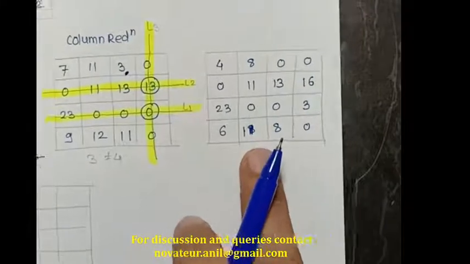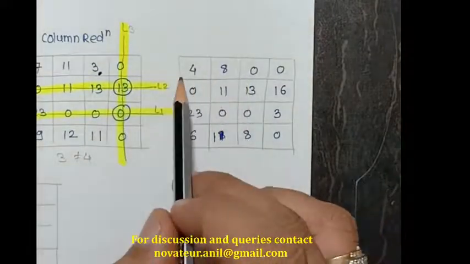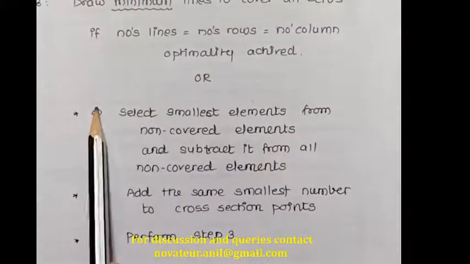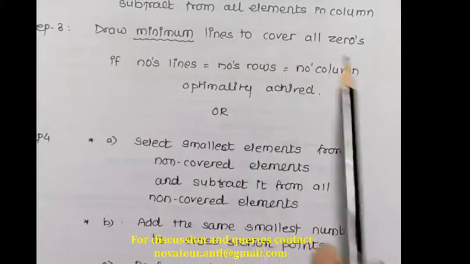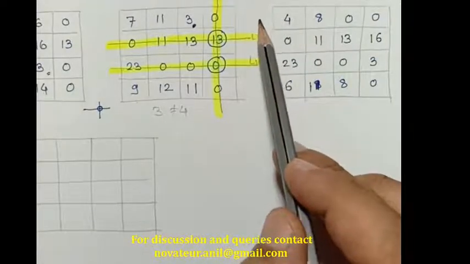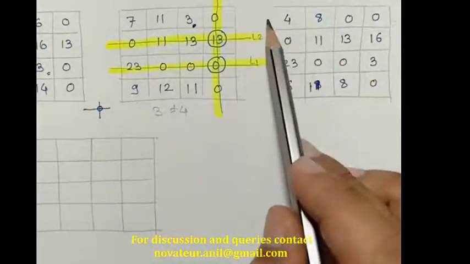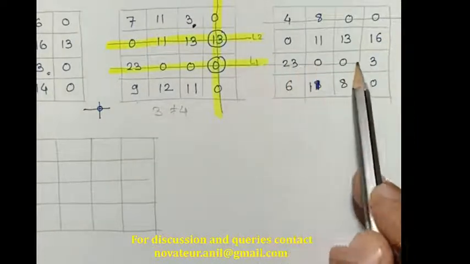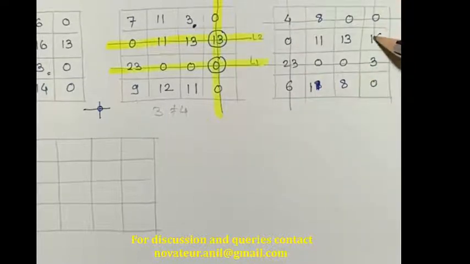Now again we are at a position where we have to perform the same step. We have to draw lines so that all the zeros can be covered. Once part A and part B are done, then we perform step 3. Step 3 is nothing but drawing the lines to cover all the zeros. If I draw a line here, I can cover 2 zeros, here 1, here 2, and this. So I'll prefer to cut this line. 2 zeros are covered. Again row 3, 2 zeros are covered. Again if I go column wise, 1 zero is covered. Again column wise, 1 zero is covered.